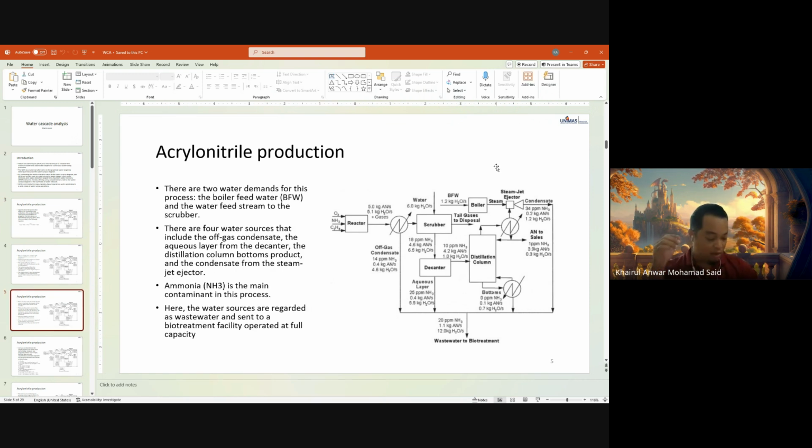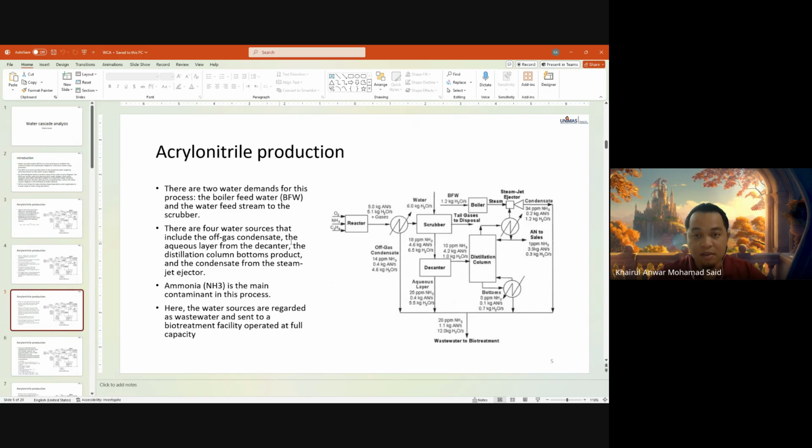So there are two water demands for this process: the boiler feed water, BFW, and the water feed to the scrubber. This is the water demand. There are four water sources,